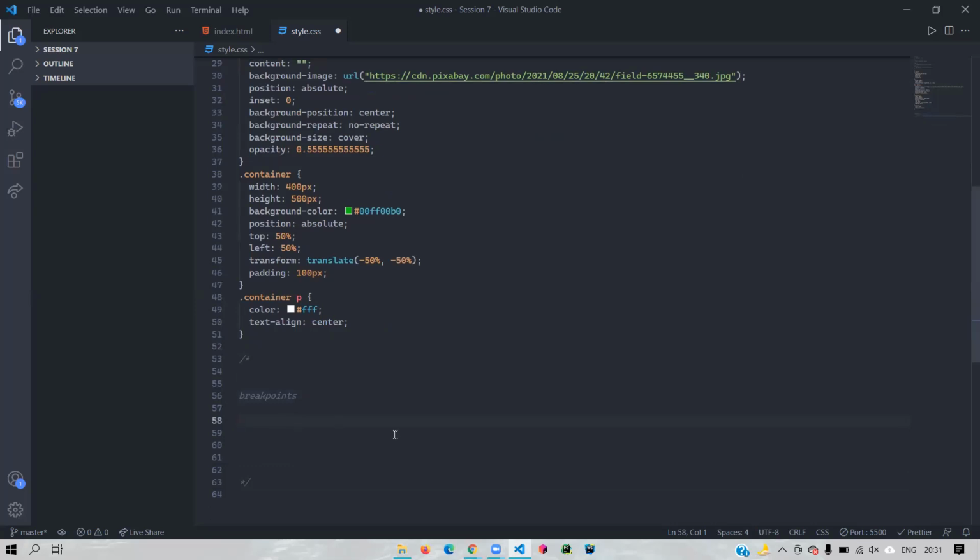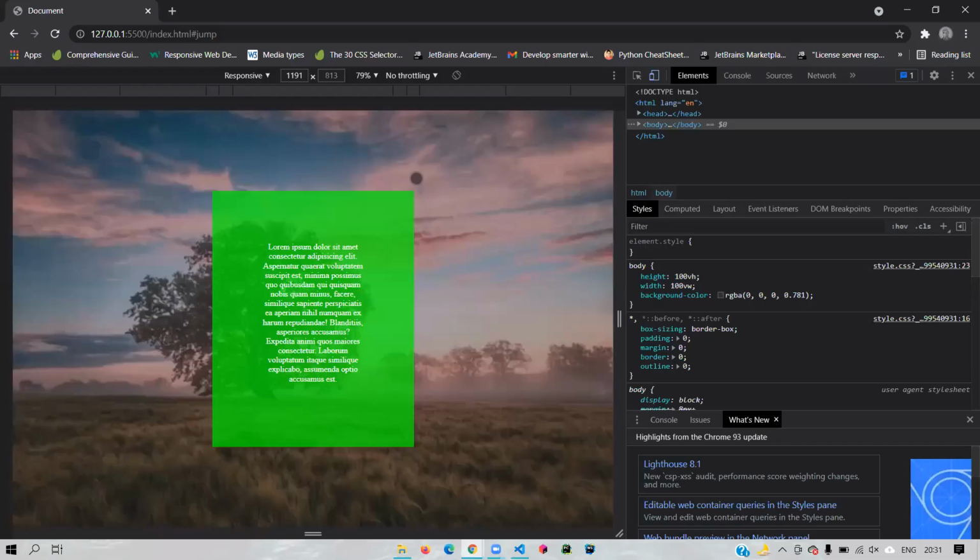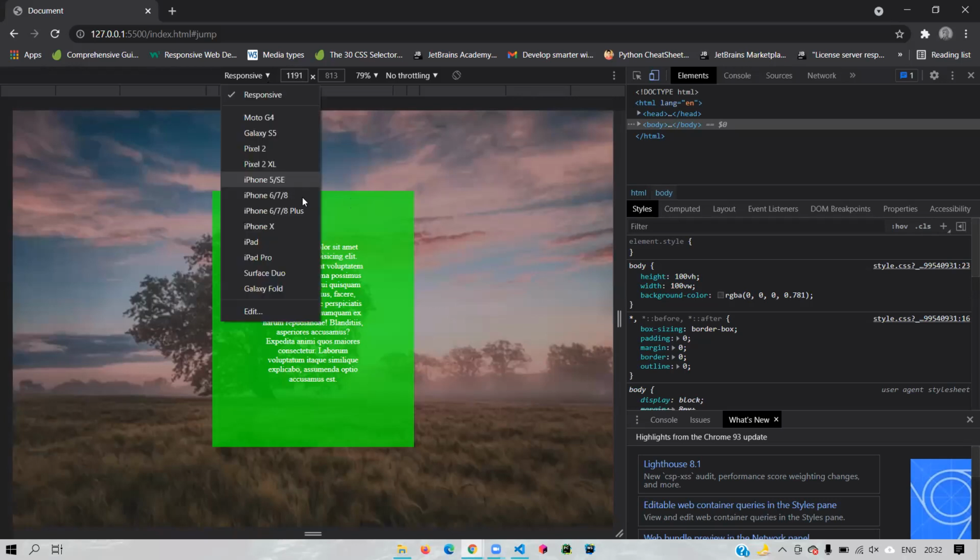Now, what are breakpoints? I think you know that your devices have a certain dimension, right? They have a certain width, they have a certain height. Now, when I specified width and height over here, I specified certain dimensions, like 400 by 500 pixels. And that's how it got rendered over here. But let's say you have a phone of 286 by 500 pixels or something like that. Now that's not really a device width, I think. But there are some